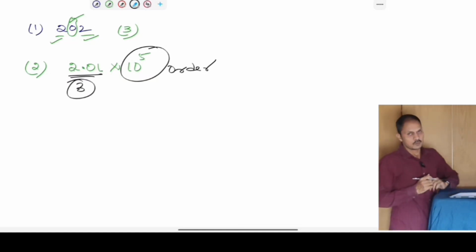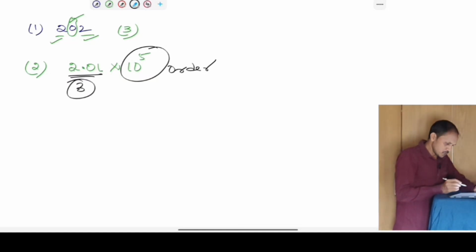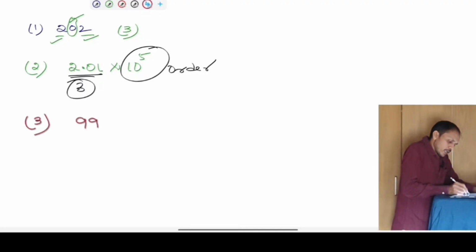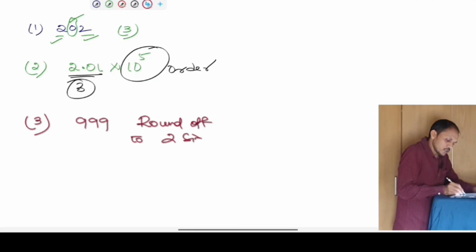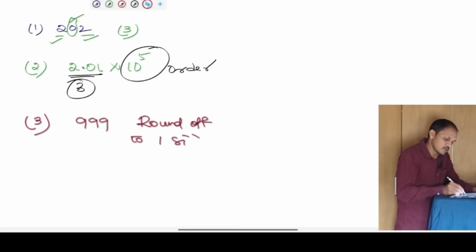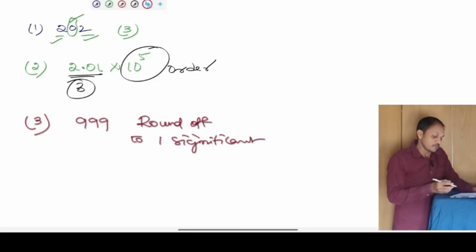That's all, right? Let's try one more question. Try this one. This will be interesting. 999. Round off to 2 significants. Let's say first of all, round off to 1 significant. So what will we write? Here